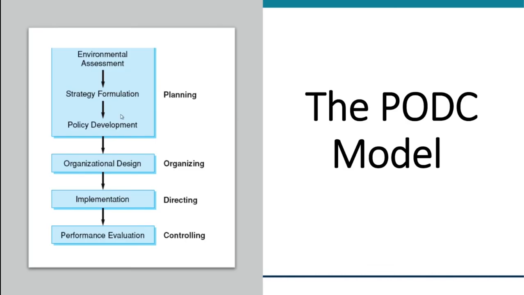Okay, so this is just a visual of the PODC model, excuse me. We see here many of that strategic information systems planning elements. Remember, we talked about situational analysis, the strategy formulation, the policy development. All of that is a part of the planning. What is the organizational design? What is our infrastructure? Do we have the resources